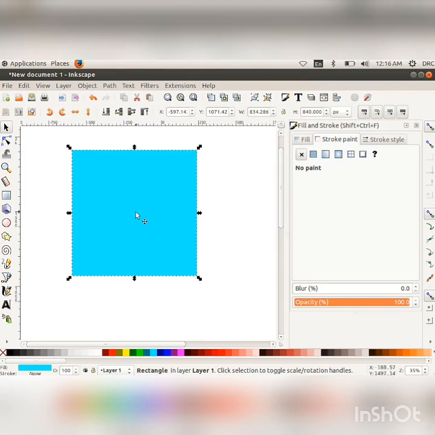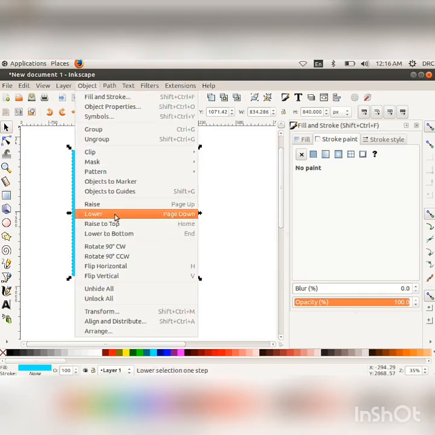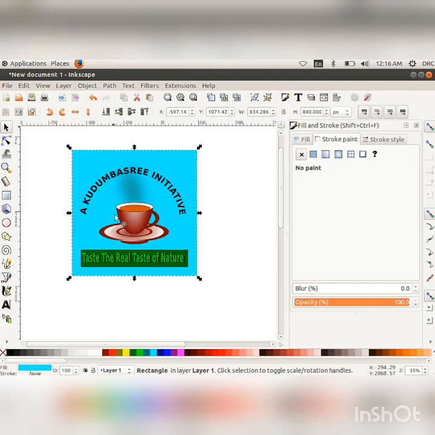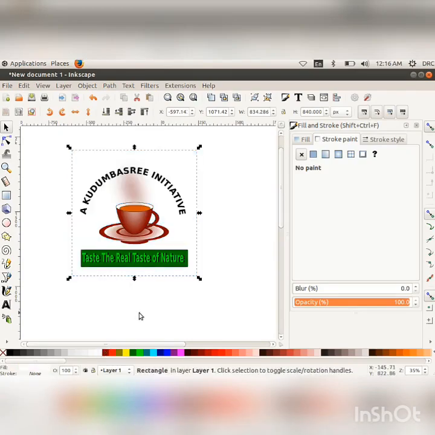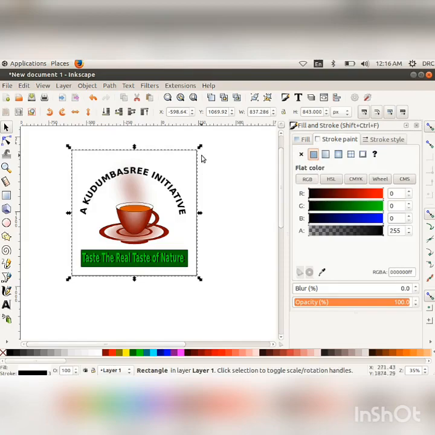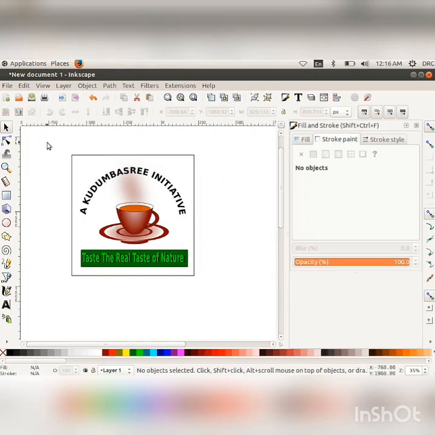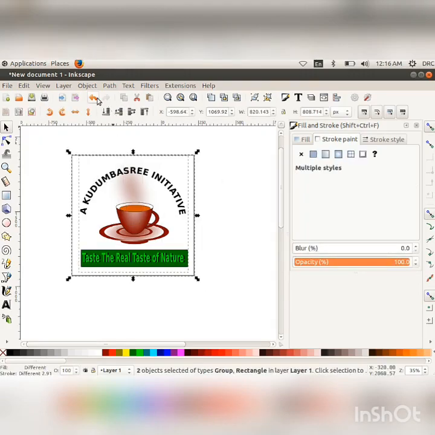Click on Object menu, lower option. Change the fill color into white. Adjust the size of the rectangle according to the object. Then select all the objects and click on Object menu, Group option.